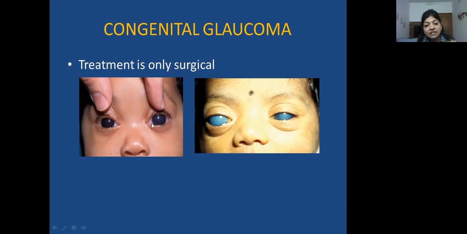And you want to treat it at a stage like this because you don't want to leave the kid where, look at this, you can see that the kid has grossly enlarged corneas and you can see they're totally opaque. This is a condition that is called buphthalmos, which is like, it's projecting out. Buphthalmos typically means bull's eye, and you don't want the kid to reach this stage. And after you treat a patient for congenital glaucoma, you can have a lot of other features. The kids can have refractive errors. So you need to periodically follow up these kids and prescribe glasses if needed.